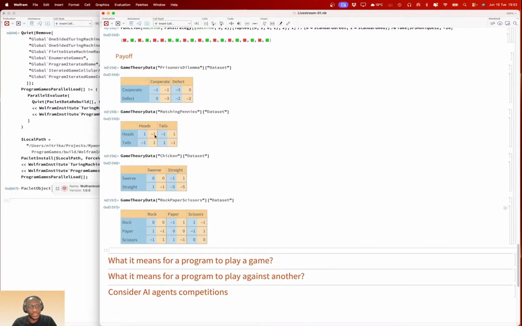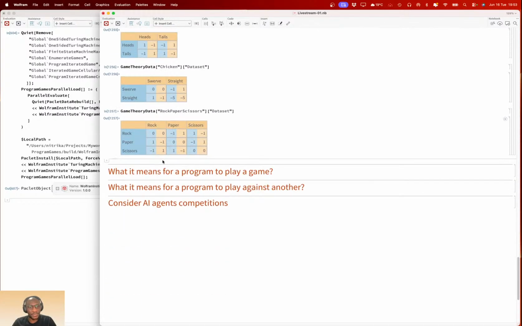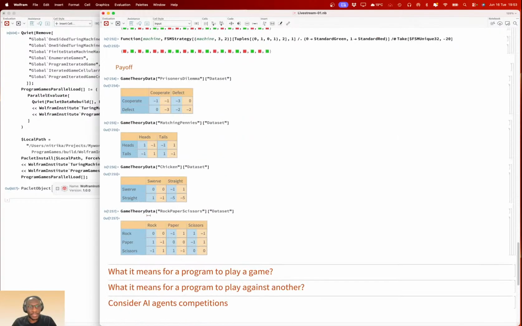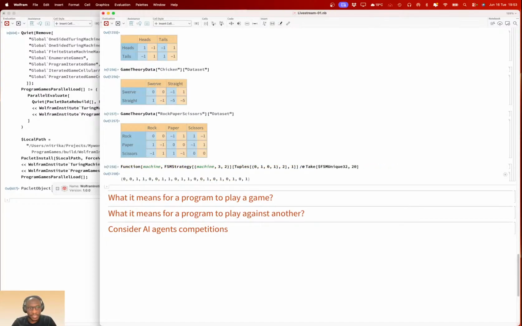And the question is how those strategies are scored. Take, for example, our game, right? We had these machines playing games. Let's just take the games and the strategies they produce. Let's produce an example strategy.